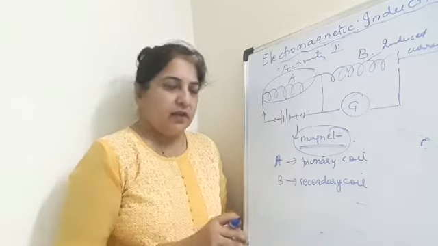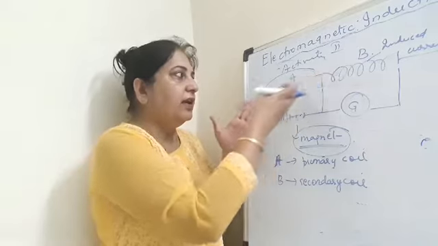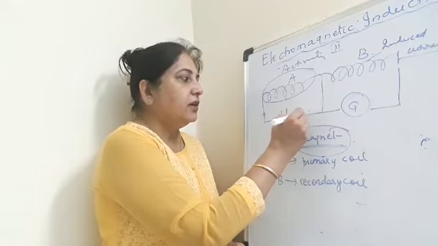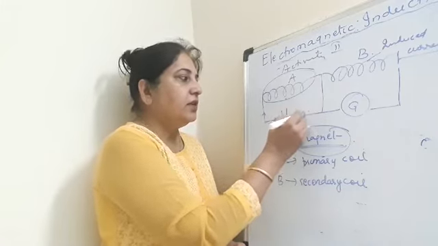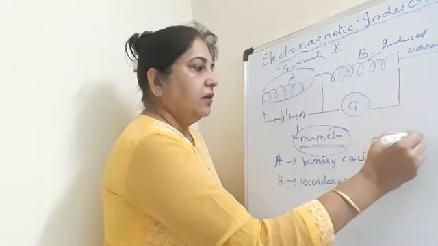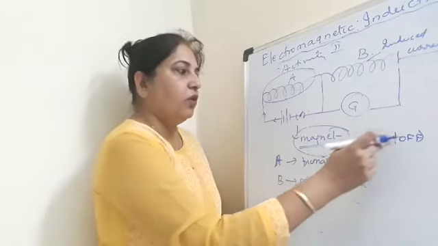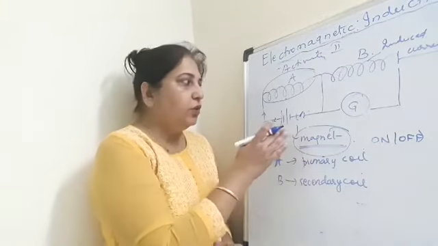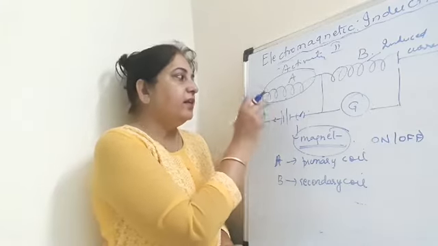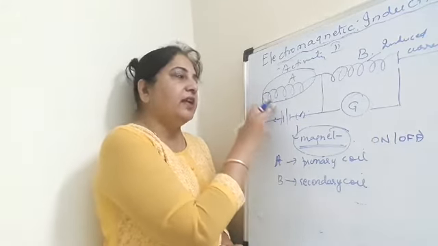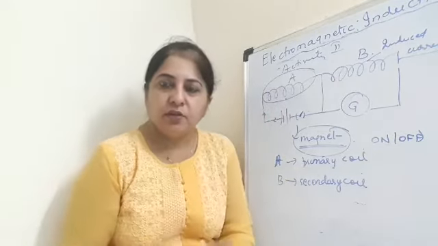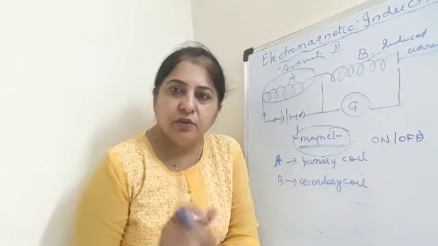So I hope you followed what I said. As we cannot keep on moving this coil in and out of that coil, we keep on changing the connection. That means we keep it continuously in the on and off position, due to which the magnetic field intensity will keep on changing, and that will induce the current in coil B. So this is the activity which is given in your textbook. You can read it, and if you have any doubt, children, you can ask me.